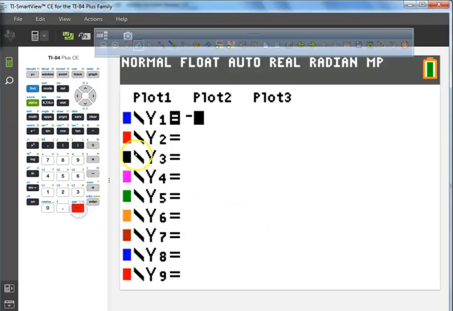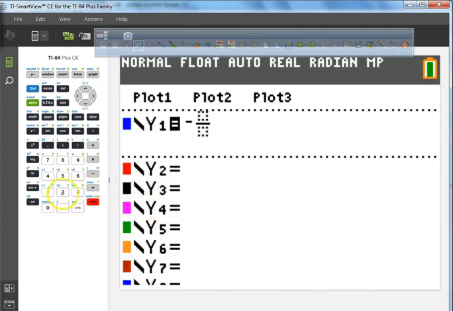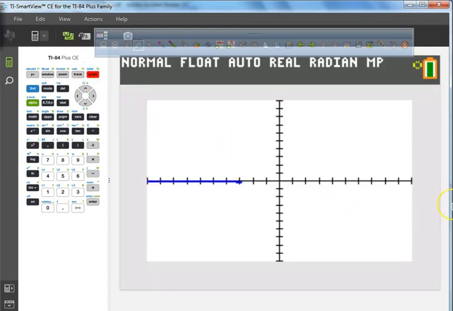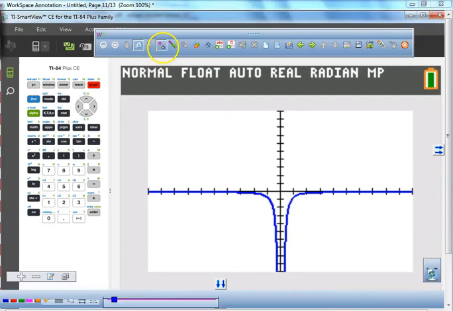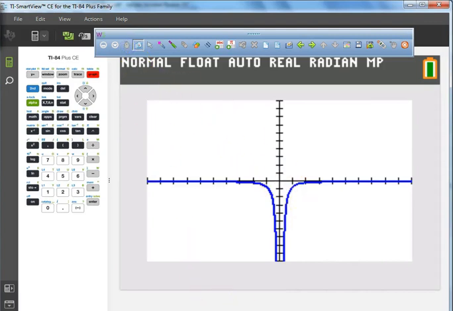So go and type a negative. You can hit alpha y equals enter. Type in a 2. Go down, a 3, an x, and we're going to square it. Okay? Now, what I'd like to do is just hit the graph button, take a look at that graph. I didn't put any grid lines or anything on the graphing calculator, but there is the picture of your rational function right there. So what I'd like you to do is to take this graph and just make a little sketch of it